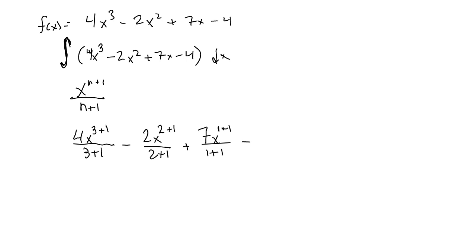And then minus 4. So since there's no x on the 4, that's x to the 0 power plus 1 over